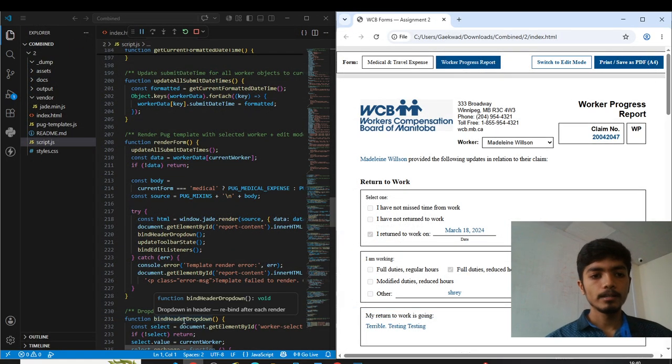It's downloaded. To conclude, this project satisfies all the assignment requirements. I used reusable Pug templates, simulated backend data, dynamic rendering, browser-based JS, and A4 PDF printing. Working on this project helped me improve my understanding of modular front-end development, template reuse, and dynamic data rendering. Thank you. I'm happy to answer